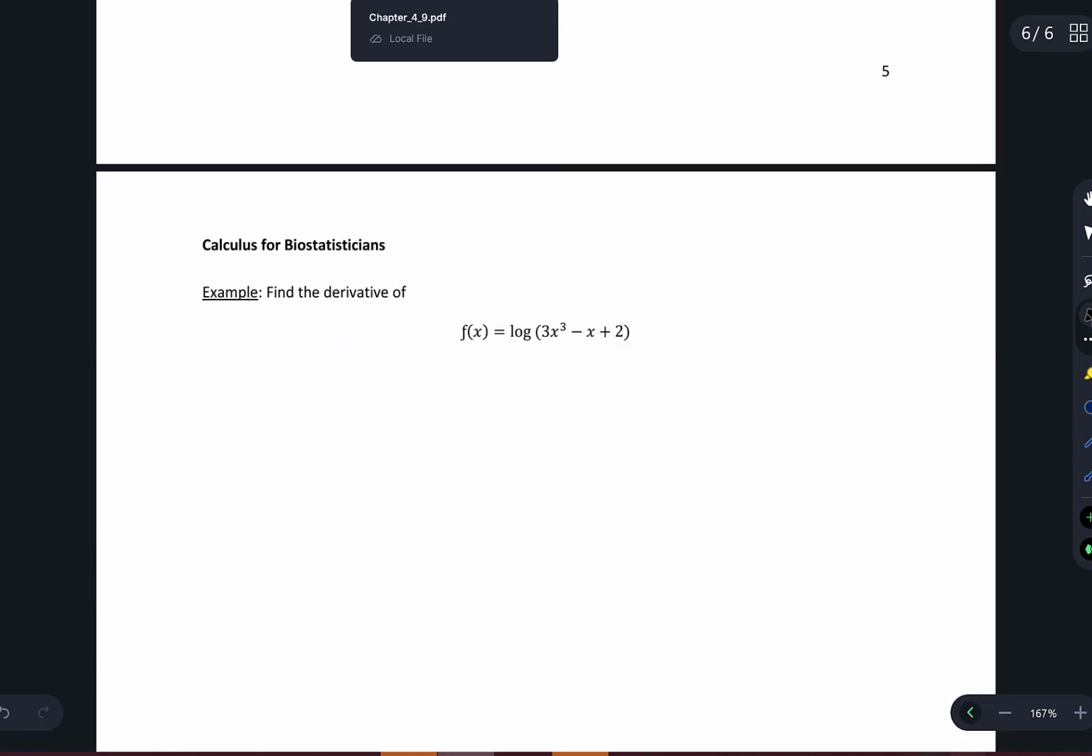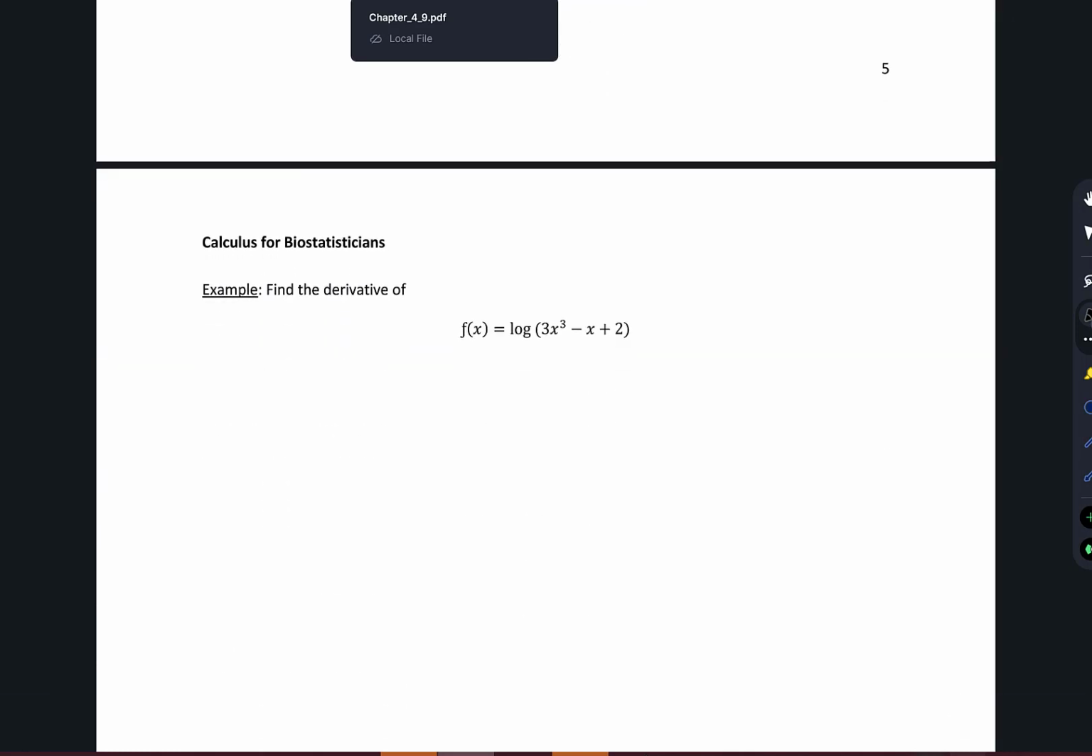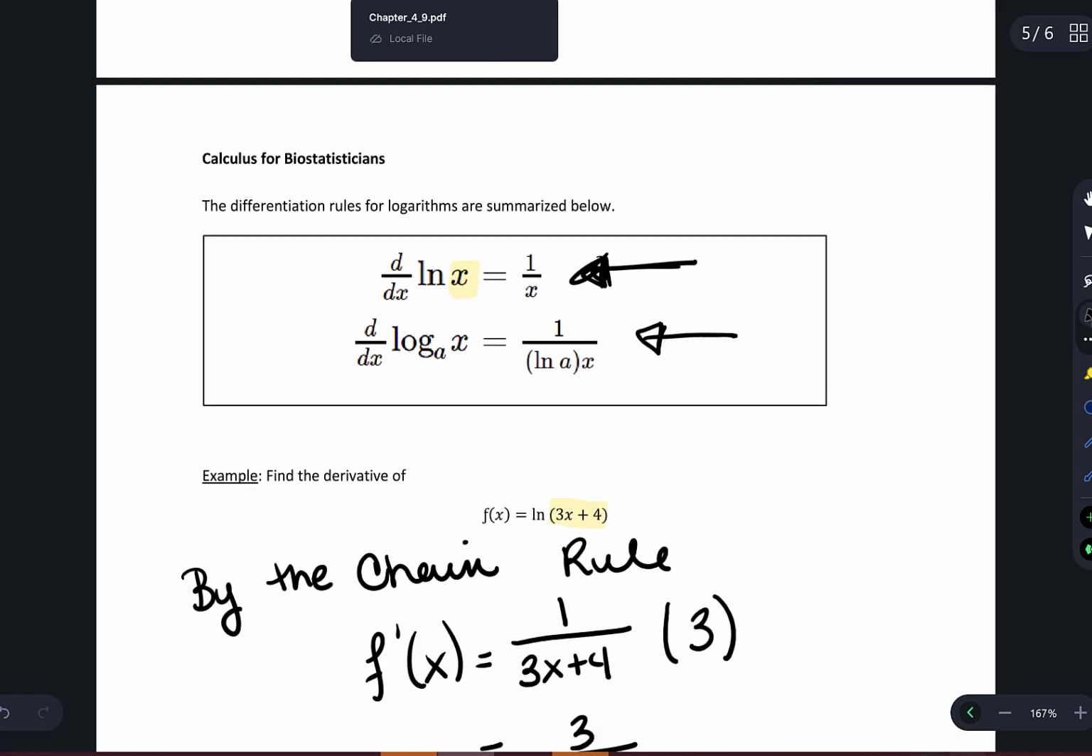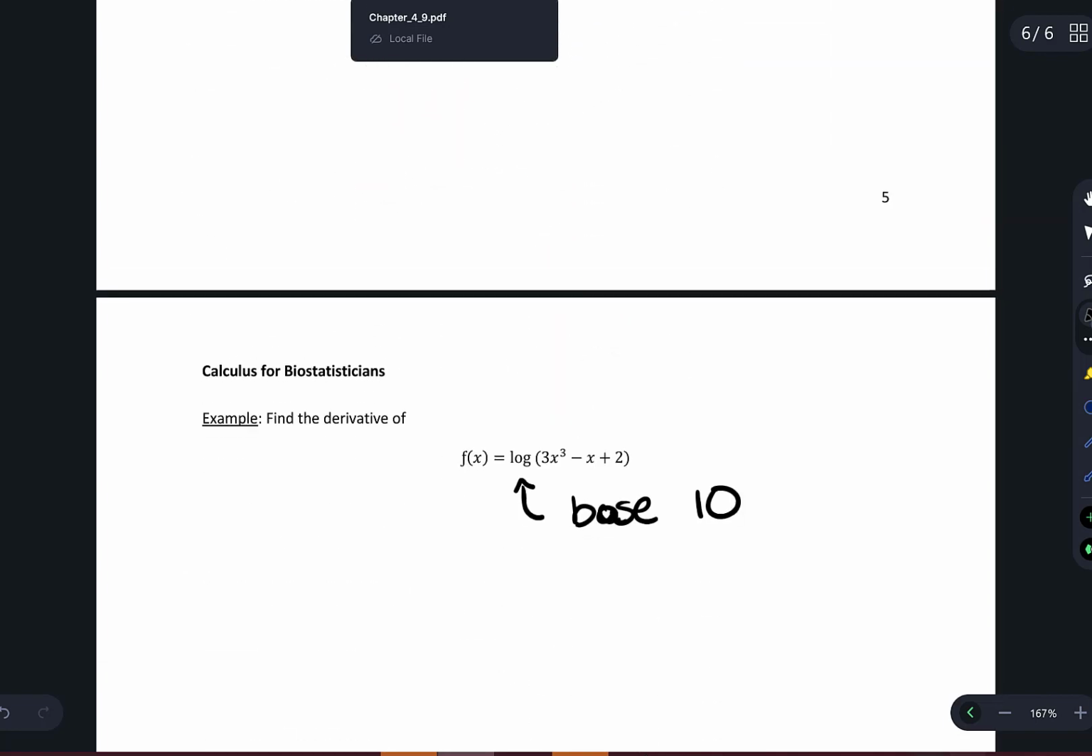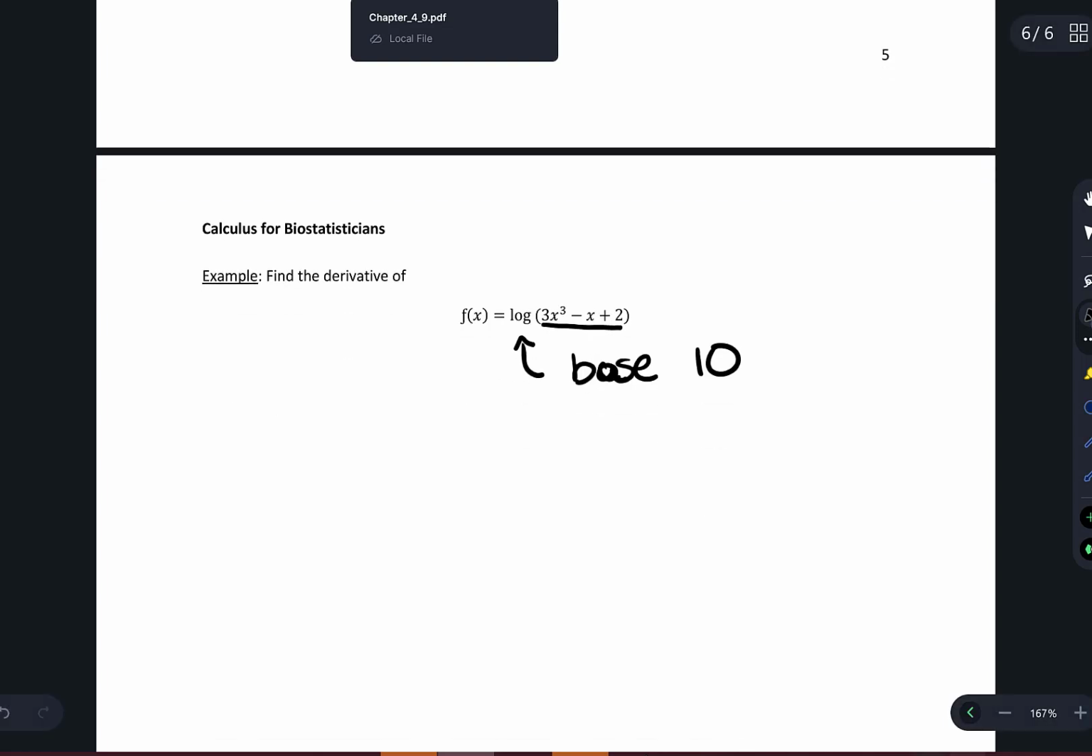Let's look at one more example. So in this case, we have the log of 3x cubed minus x plus 2. So notice in this case, we don't have the base e. Here, since we have log, we have base 10. So we're going to need to apply the second rule that's in the box, and we're going to need to apply the chain rule because we don't have x inside the log, but we have a function of x. So by the chain rule,